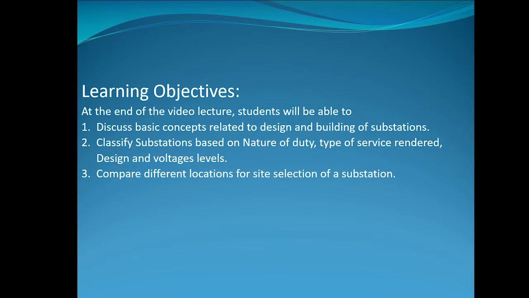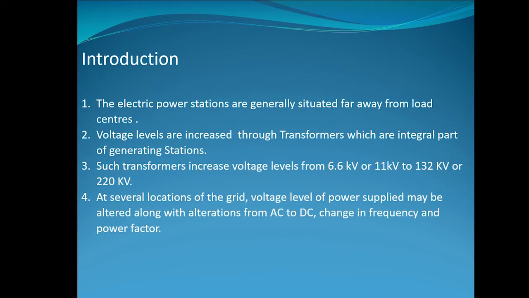Introduction. Power stations can be located in the power system either very close to the load center or very close to the generating plants. In either case, a transformer is an integral part of such stations. In case of generating stations, we have transformers required for stepping up the voltage to higher levels required for the transmission system, and at the distribution end we need transformers for stepping down the voltage at the customer end.